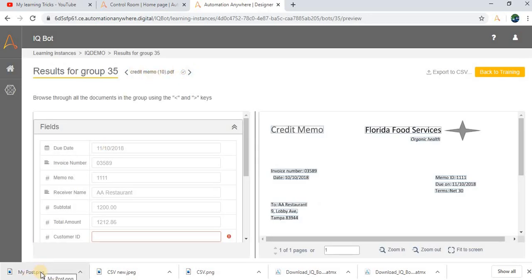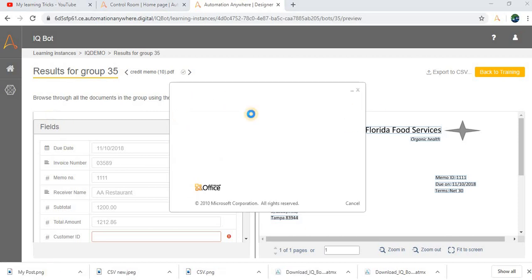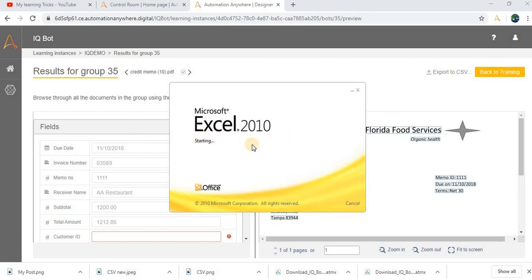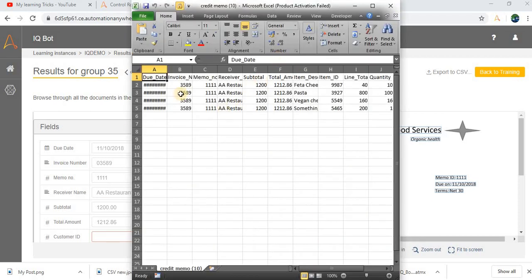So the PDF documents will be extracted into your items. So export to CSV. Here you can see the PDF document has been extracted. Once you open, you can see all the details in the CSV document. Either you can validate from here itself, you don't need to export the details into CSV files.